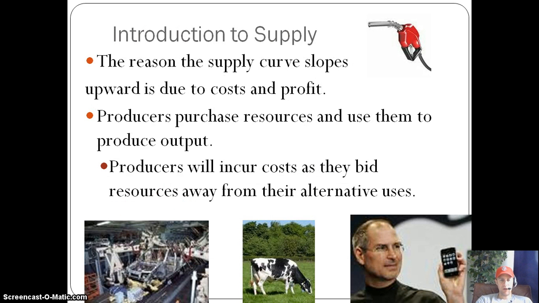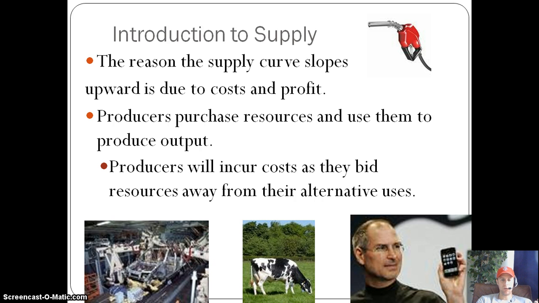One reason that the supply curve slopes upward is due to costs and profit. All right, and this is what will help us understand. Whereas as a consumer, we know we want the lowest price possible. That's why we'll buy more of something at a low price. A producer has a different thought model. They have to consider the cost of what they're producing and hopefully the ability to turn a profit after they